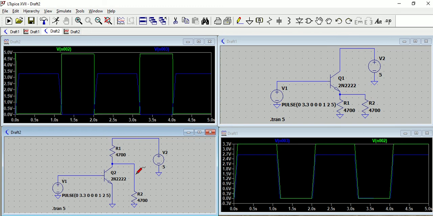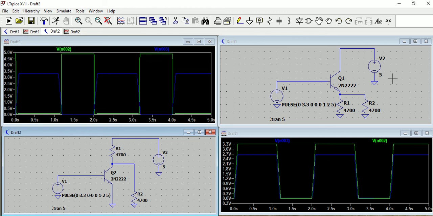Now considering another scenario, the same transistor, same NPN configuration, is used where the load is connected to the emitter. So this configuration is called an emitter follower. For beginners, definitely they might not know. For professionals, we know that a buffer configuration basically is an emitter follower. So a buffer has a very high input impedance and very low output impedance. So generally, why we use a buffer is because a buffer provides us current gain.